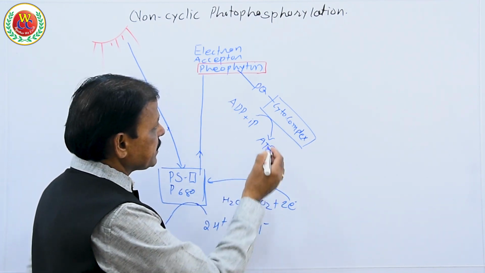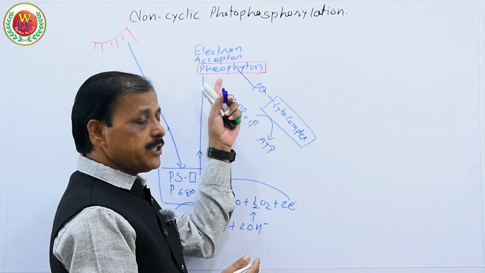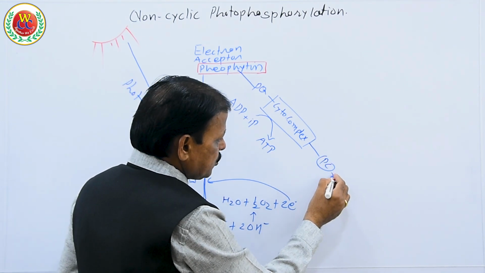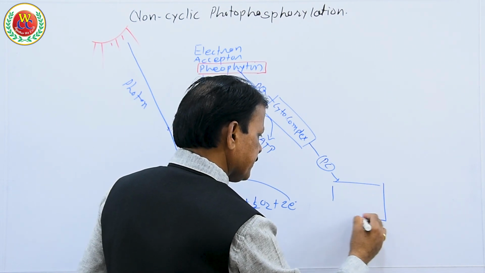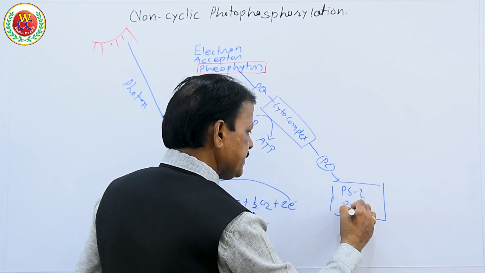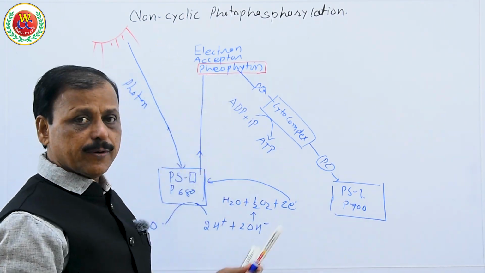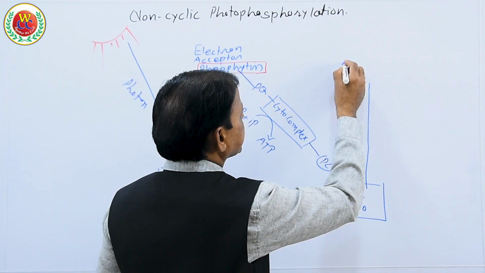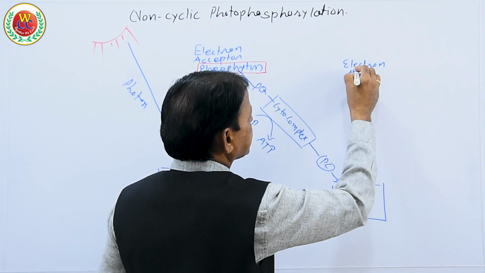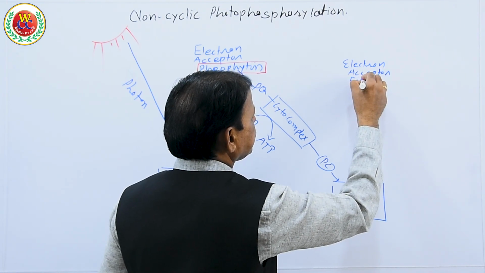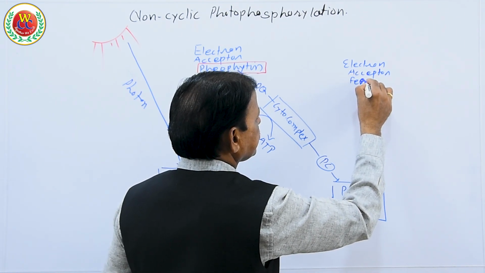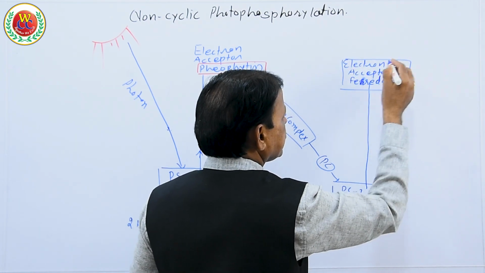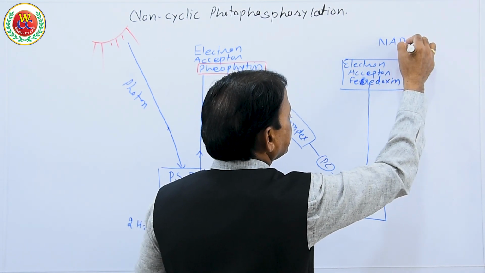So ATP is generated in between, and the electron continues to go downhill through the electron transport chain: pheophytin, plastoquinone, cytochrome complex and plastocyanin, to pigment system 1, PS1, P700. P700 has also already absorbed light energy, got excited and released 2 electrons, which are transferred to the electron acceptor, ferredoxin, where this electron is used for